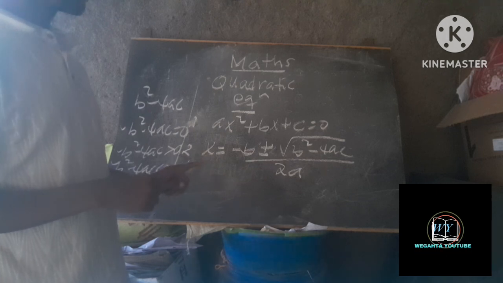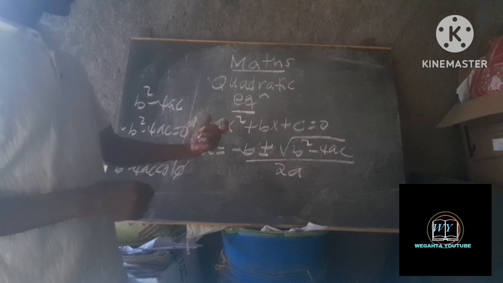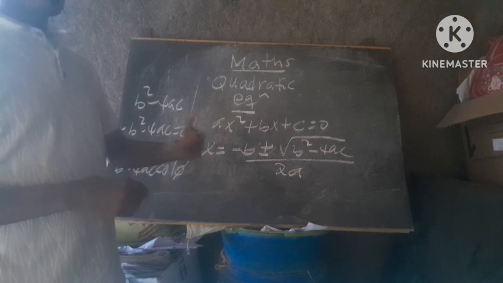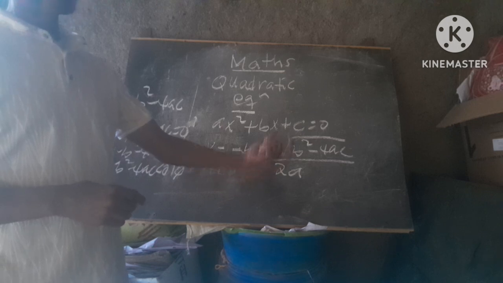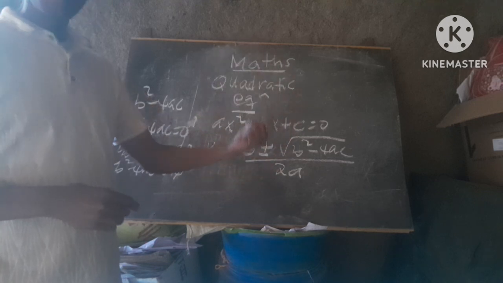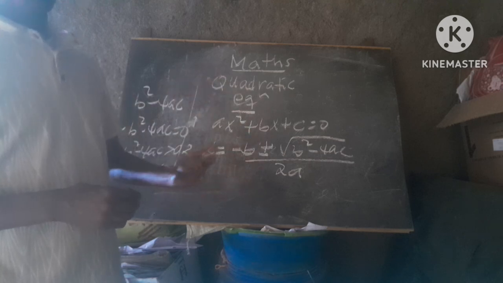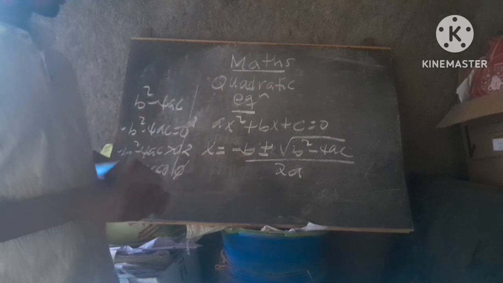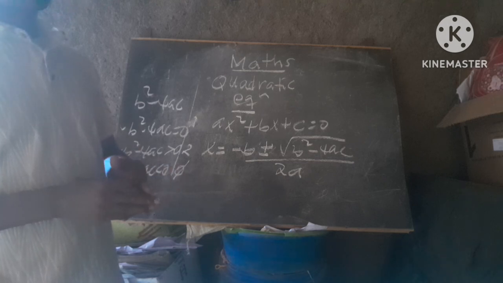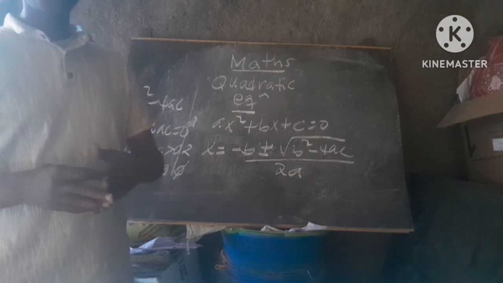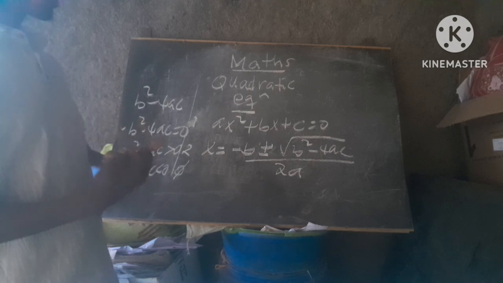Okay. Next time, I will come with specific examples, and we will use either the quadratic formula, the factorization method, or the completing the square method. We can use any of them. For today, it will be enough, okay? But as I have said earlier, in order to support the elementary school students, I will come with